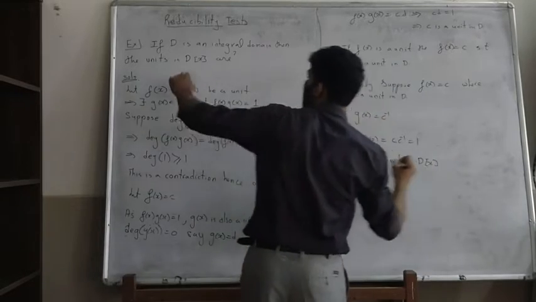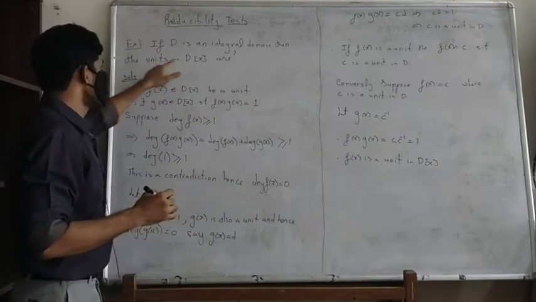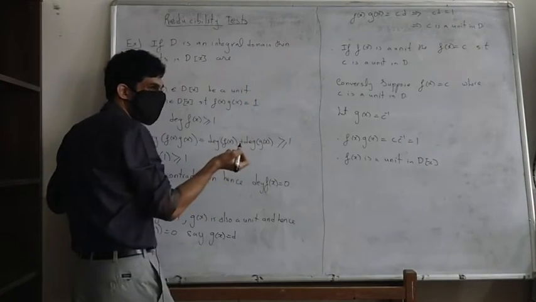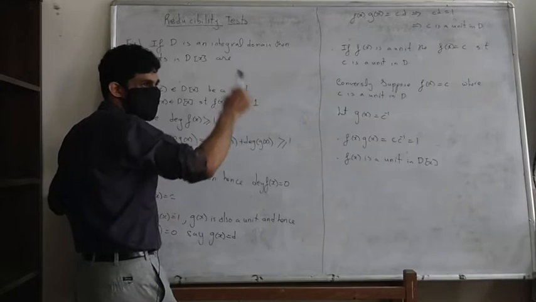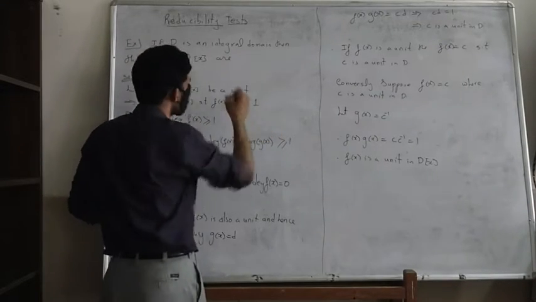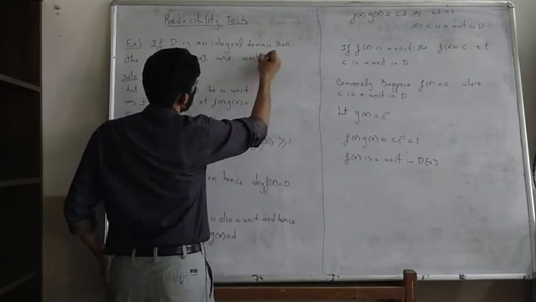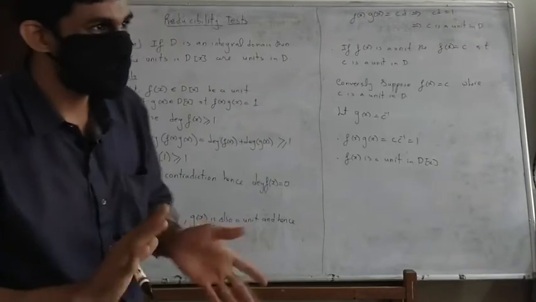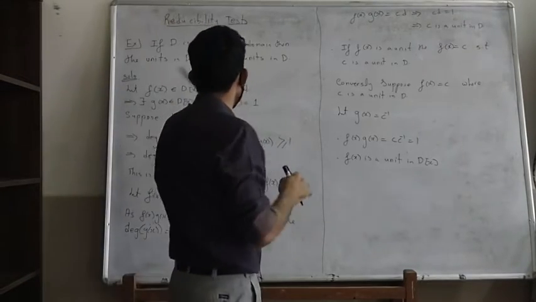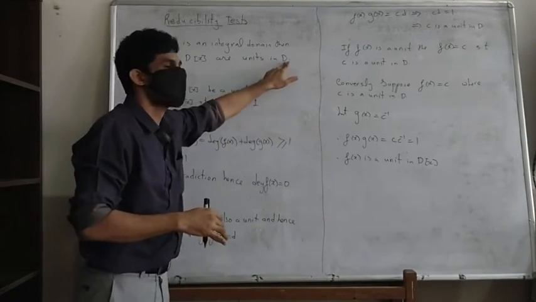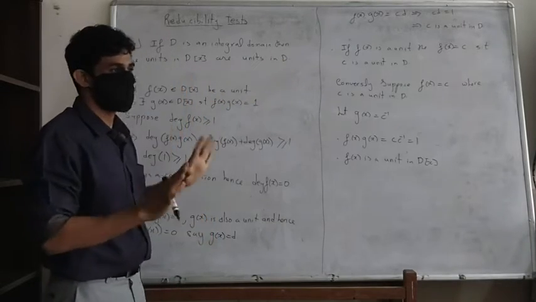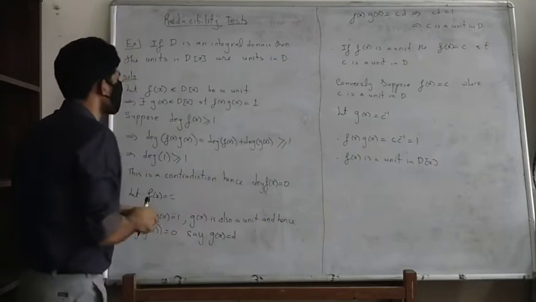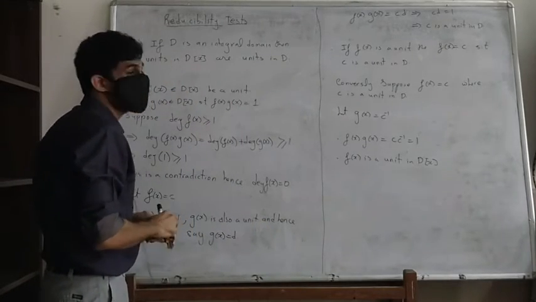So what we have essentially shown is that the units of D[x] are essentially the constant polynomials with constant term units in D, or let us just say in short, units in D, because we agree to treat the constant polynomials in D just as the elements of D. Okay. Since we are agreeing to work like that, it's fine. So these are the units of D[x].